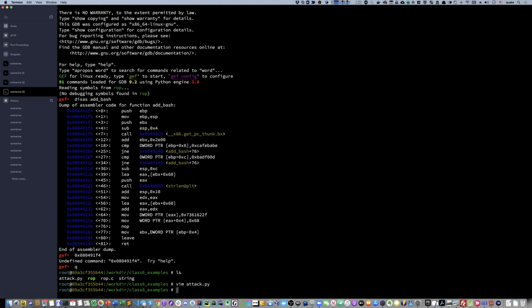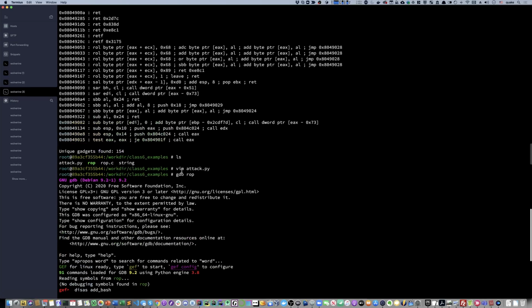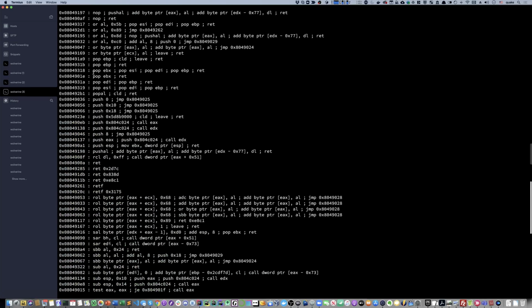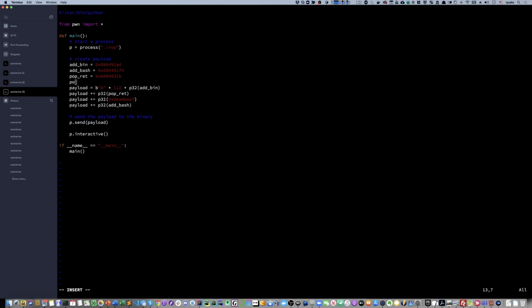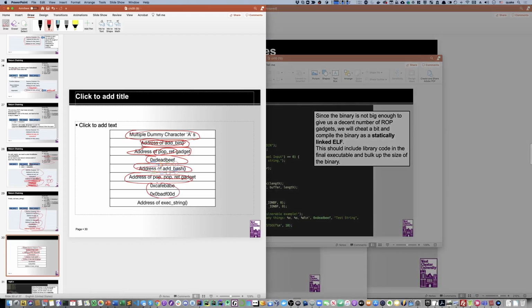Okay, so if you recall, this is actually the pop pop return gadget, right? So we can definitely use this one, pop edi pop ebp return, right? So this is the pop pop return gadget. So the memory address is going to be 08049318. Okay. So we're just adding it to here. Pop pop return is equal to this one, and then we just add it to our payload. Payload is equal to pop pop return, right? Okay, so now we have this almost done, and then there's just one and then two argument,